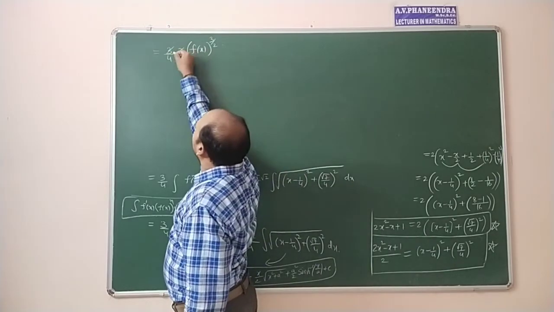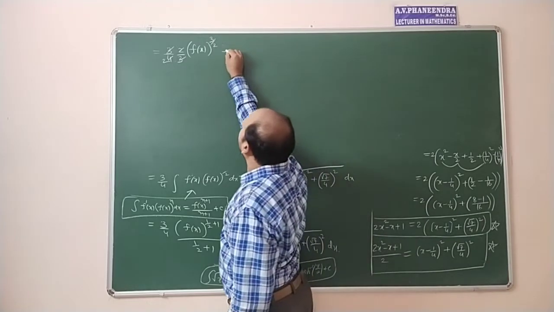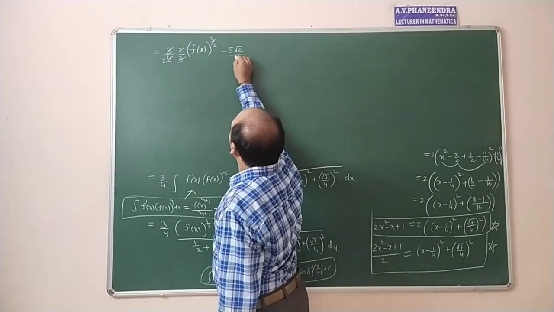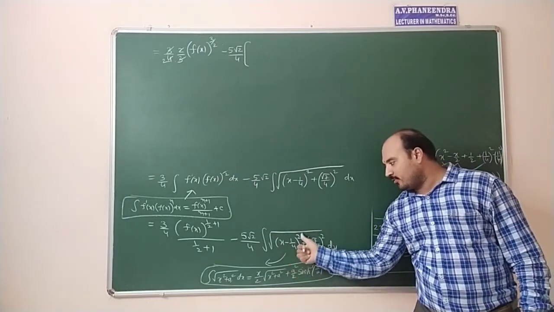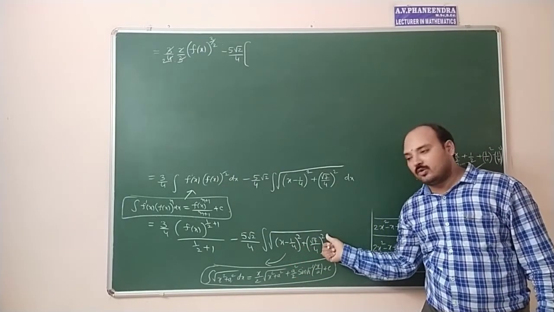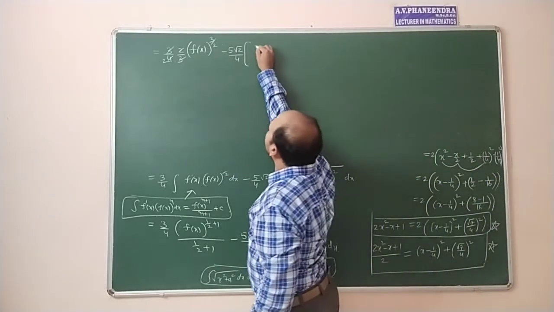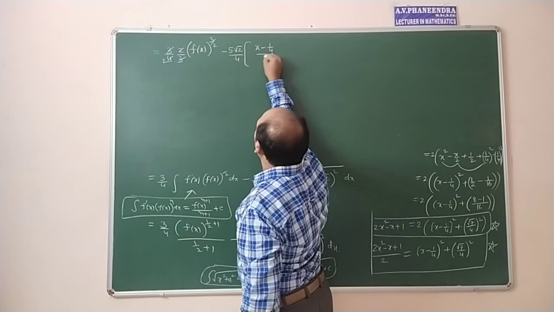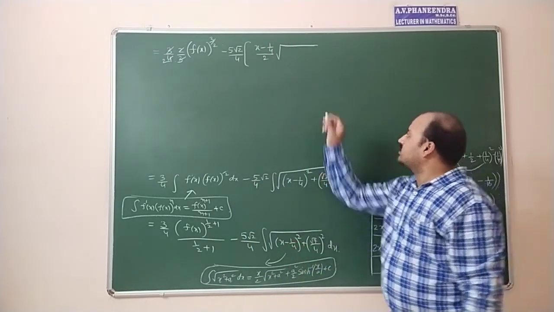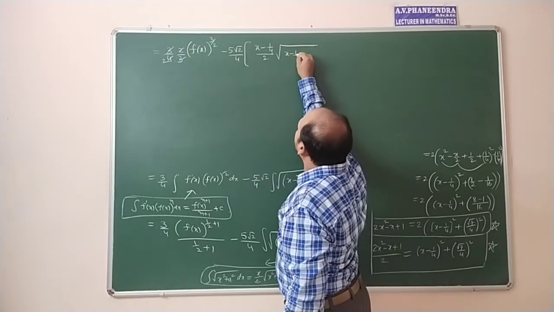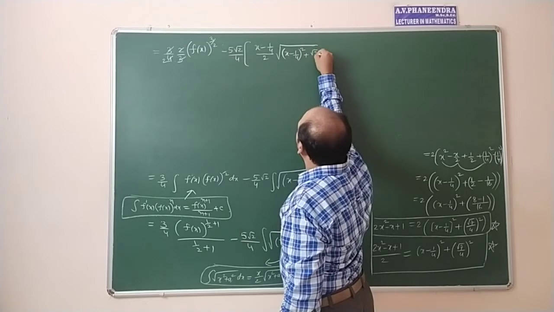3 get cancelled, 2 ones are 2, 2 twos are 4. Next, minus 5 root 2 by 4, and keep bracket. It is in the form of (x minus 1 by 4) whole square plus (root 7 by 4) whole square only. So x by 2 means (x minus 1 by 4) by 2. Square root of (x minus 1 by 4) whole square plus (root 7 by 4) whole square